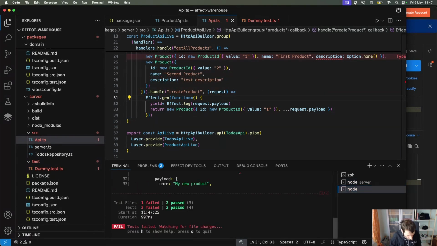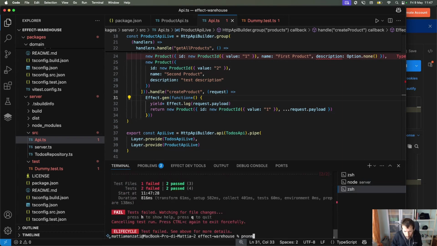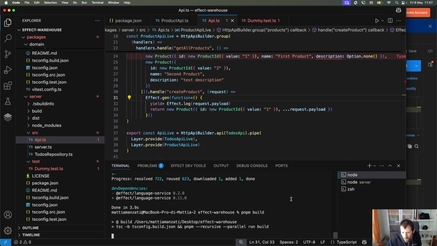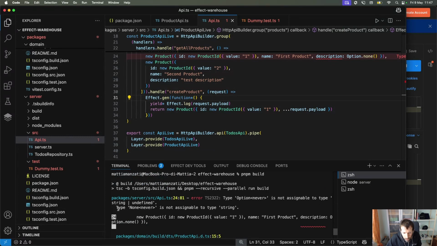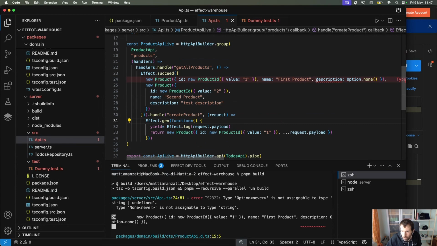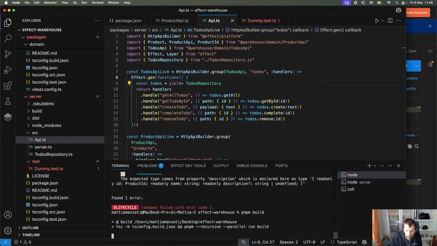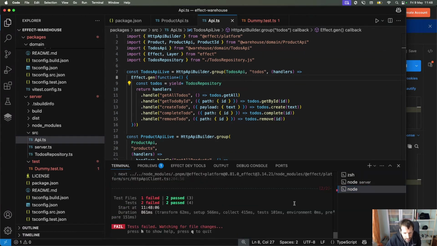And again, if we quit and restart our tests, maybe after we have built all of our shared packages. Description, what are you complaining for? SRC API, yeah, that's what we are fixing right now. Here, we don't need option anymore. Okay, that built. Now if we run the tests again, they should